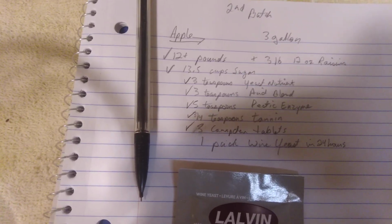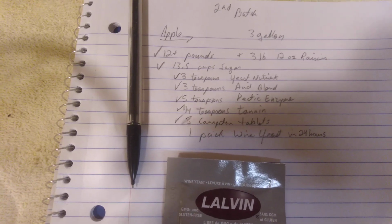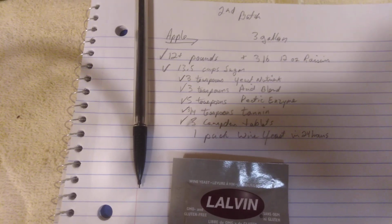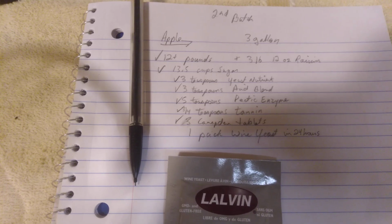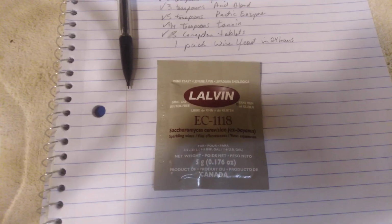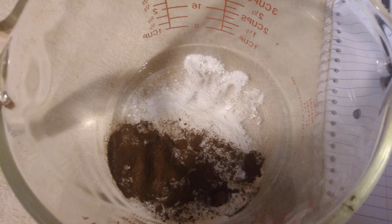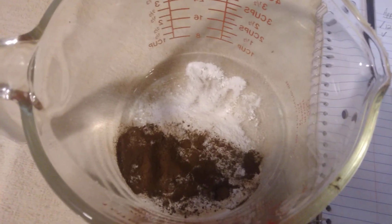Now, our recipe calls for 3 teaspoons of yeast nutrient, 3 teaspoons of acid blend, 5 teaspoons of pectic enzyme, 3/4 teaspoons of tannin, 3 Camden tablets, and then in 24 hours I'm going to add a pack of wine yeast. We're going to be using Lavin wine yeast. You see, I've already mixed up all the ingredients into the